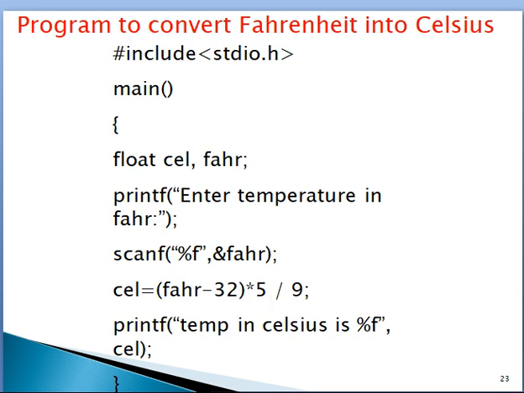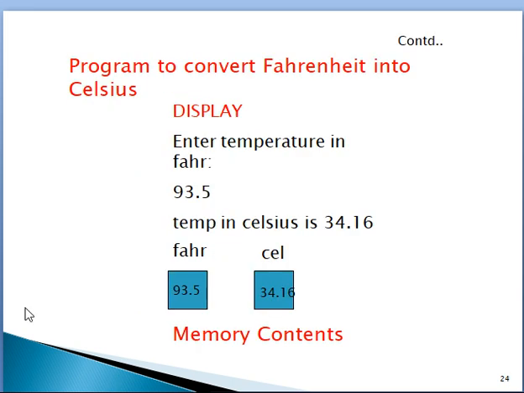It evaluates this expression and the resultant value is stored in Celsius. The temperature in Celsius is 34.16. In the memory, in the Fahrenheit variable you will find 93.5 and in Celsius you will find 34.16.